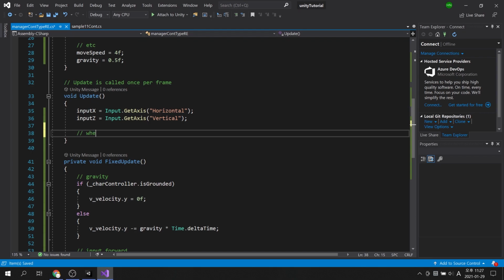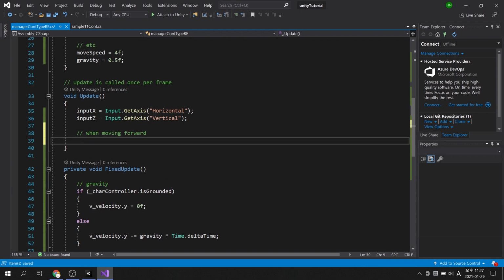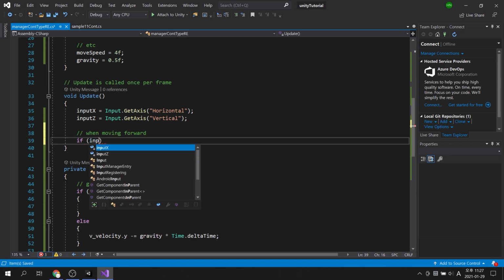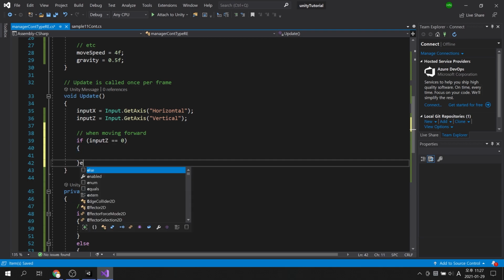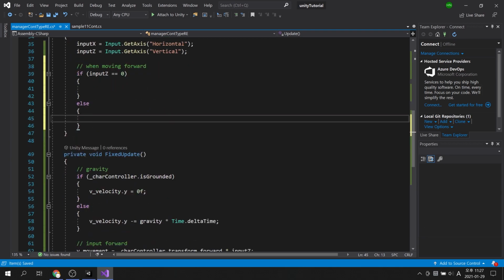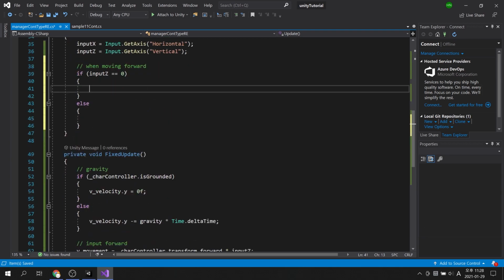First, make the idle animation play when the character is not moving forward or backward. If there is no vertical keystroke, set the animator parameter is run to false.